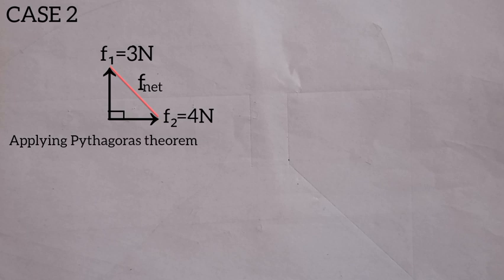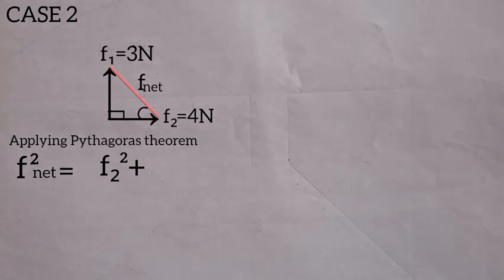So we want to calculate the net force. We'll be applying what is called our Pythagoras theorem, right? The Pythagoras theorem gives us the hypotenuse square is equal to the adjacent square plus the opposite square. That is my Pythagoras rule. Now, what is the hypotenuse here? The hypotenuse is our F net square. The net force square equals our adjacent, which is F2, so we have F2 square, plus the vertical, that is the opposite. Why am I calling it opposite? Because our angle here, let's call it alpha, or theta. It's given as opposite square,